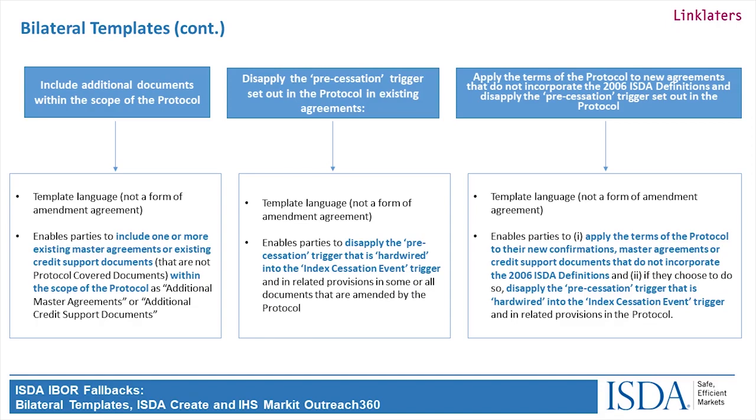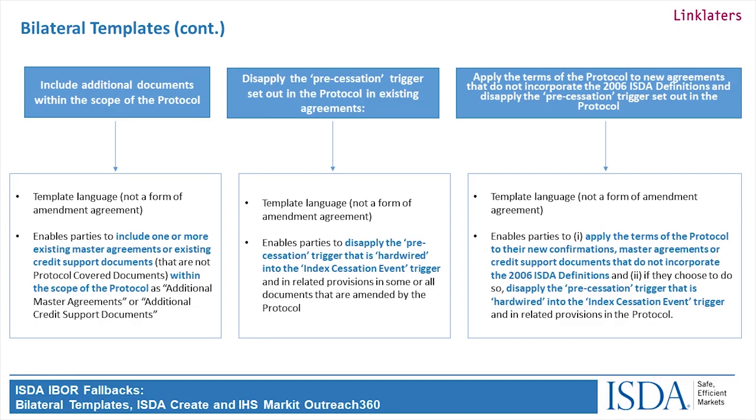The last template on this slide contemplates being used with new documents. And so this is, for example, where you have a new document that does not include or incorporate the 2006 definitions, or otherwise contemplate a rate option as defined in the 2006 definitions. And so here, effectively, what you can do is apply the terms of paragraph 5 or 6 of the attachment to the protocol, so that you can import the fallbacks. But equally, if you want to disapply the pre-cessation trigger, then that is also an option within this set